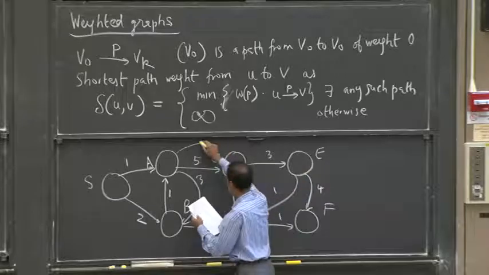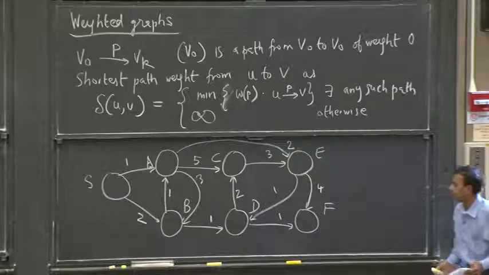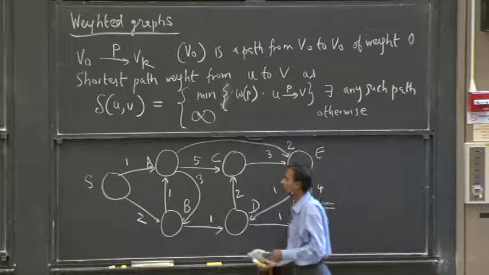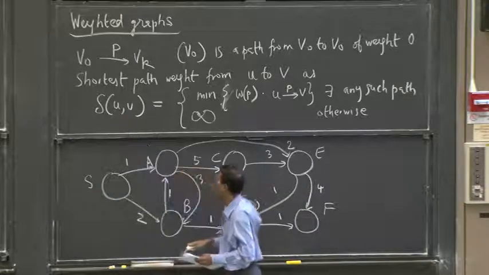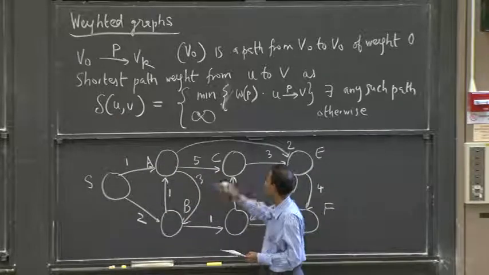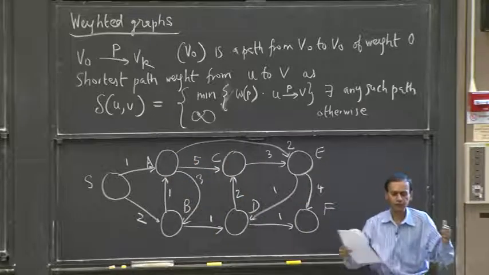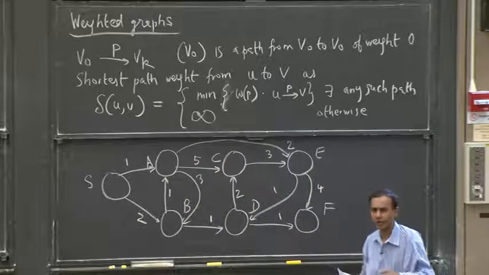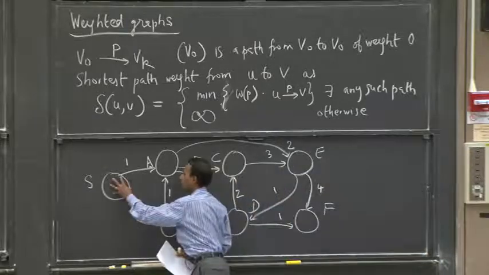I got one more here. So that's what's given to me. And I want to find delta S plugged in for U and A, B, D, et cetera, plugged in for V for this graph. And let's just do this manually, if you will, and just try to do some kind of